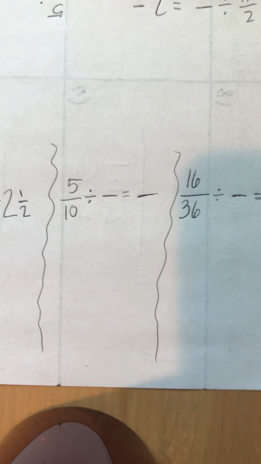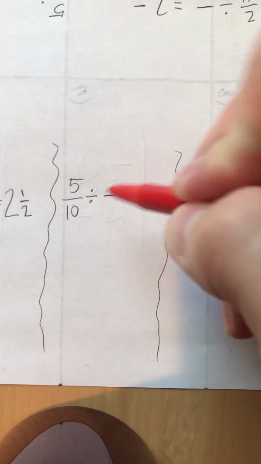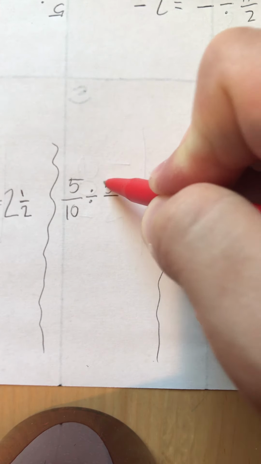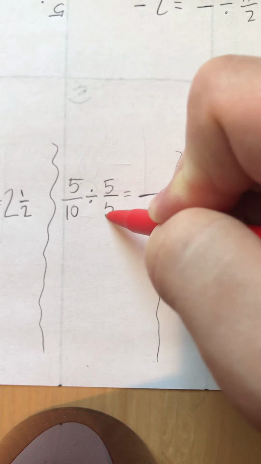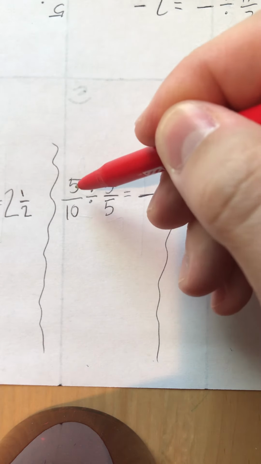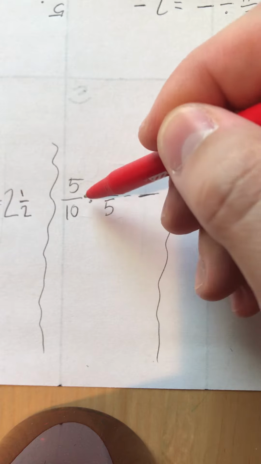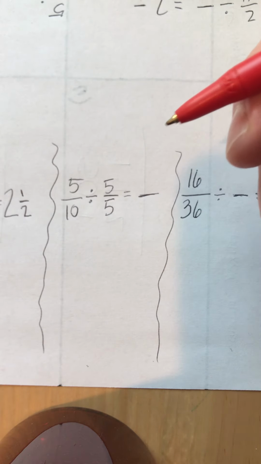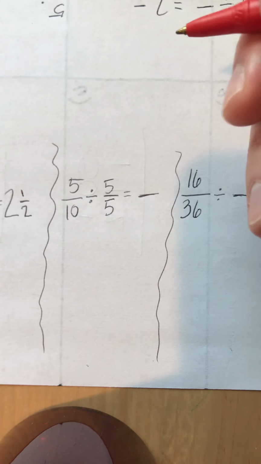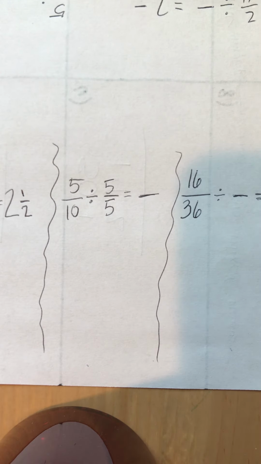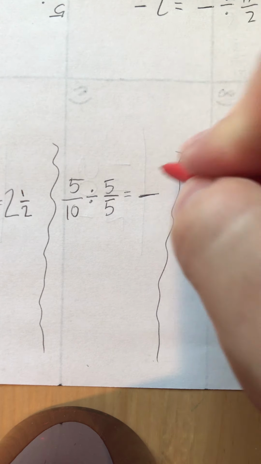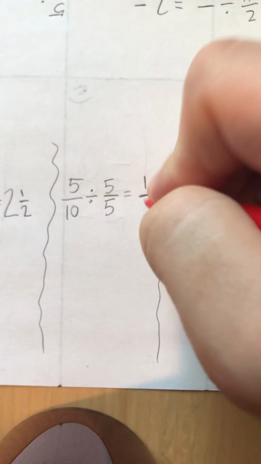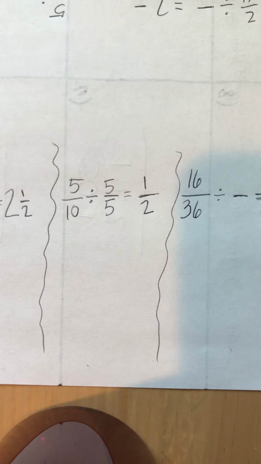Now, some of you may be thinking, writing down factors seems like a lot of work and a lot of thinking, and I don't want to write down all those numbers. Sometimes, like 5/10, you may know, okay, I know that the number 5 can be divided by 5, and the number 10 can be divided by 5. You may also notice sometimes the answer's right in front of you, and the numerator is the number that you'll divide by. When that works out, it's always fun because you don't necessarily have to do as much work. So let's say we can do that, right? 5 divided by 5 is 1, 10 divided by 5 is 2,